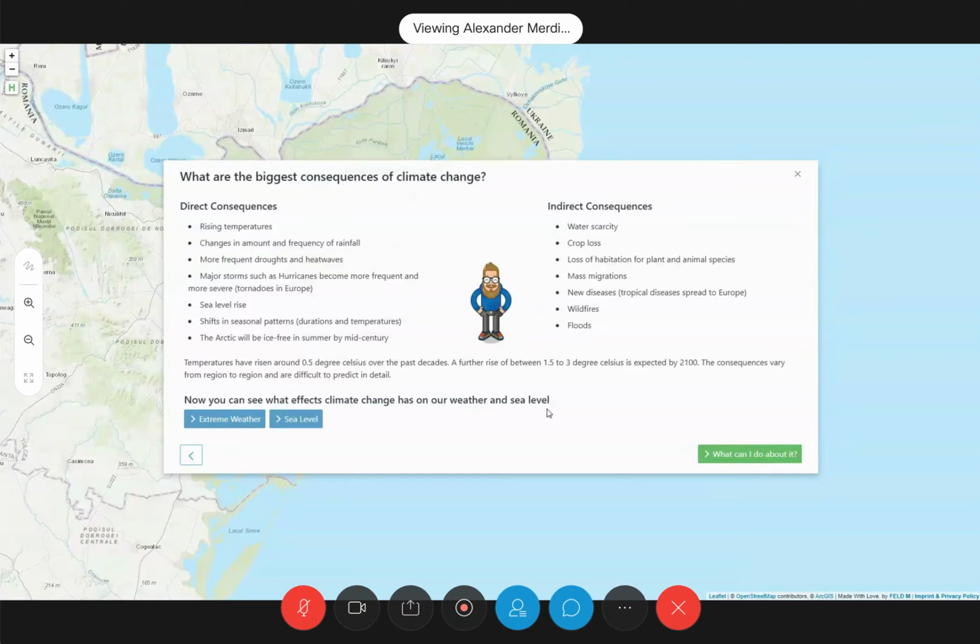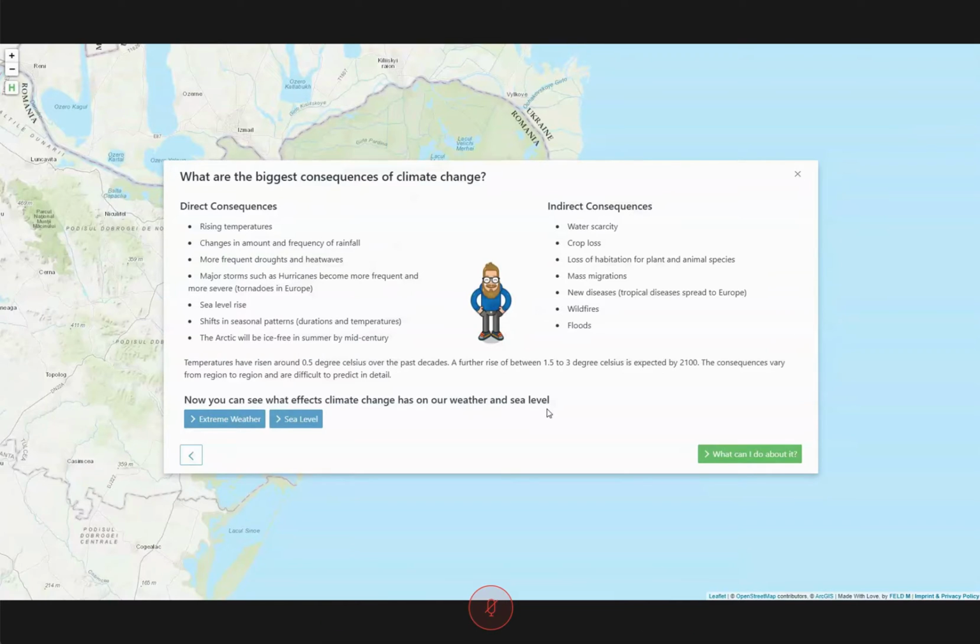I would like to add that especially at the beginning, where we explain what climate change is and what greenhouse gases are, we also thought about including explanation videos, to make use of more multimedia objects. We haven't done that so far, but I think there are a lot of great explanation videos out there. So an idea could be to embed one of them in our app.